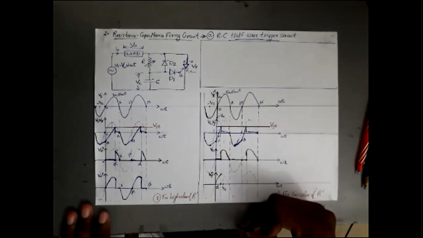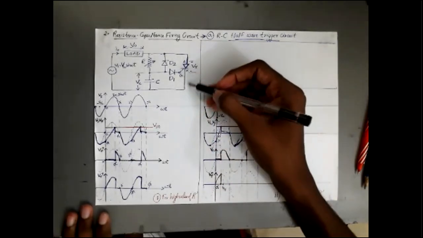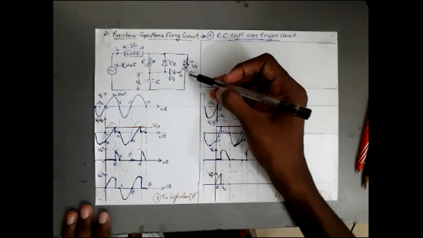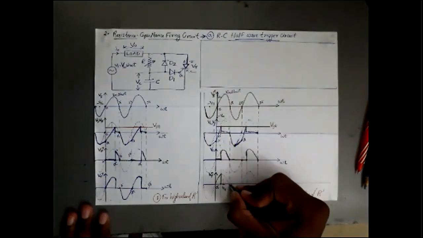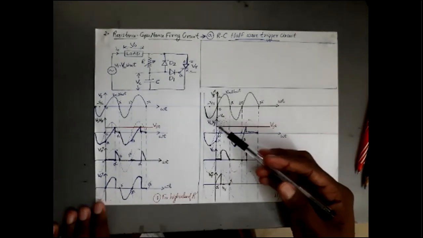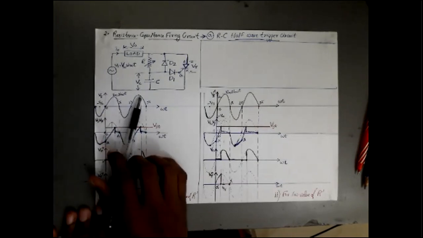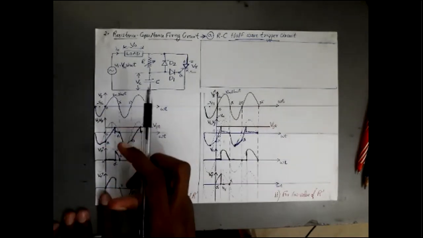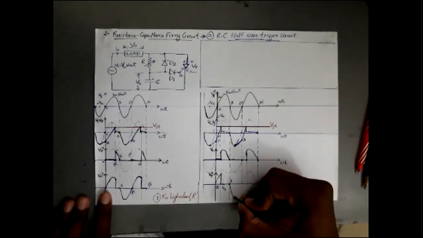Okay, at that point, what happens? Omega t is equal to alpha. My SCR got triggered, or thyristor got triggered. When my thyristor is triggered, it acts as a closed switch and the voltage appearing across my thyristor will be 0. So the thyristor voltage will be 0 until pi, omega t is equal to pi. After omega t is equal to pi, my thyristor gets turned off due to the negative cycle of Vs. So negative voltage appears across my thyristor. So Vt will take the path of Vs during the negative half cycle.